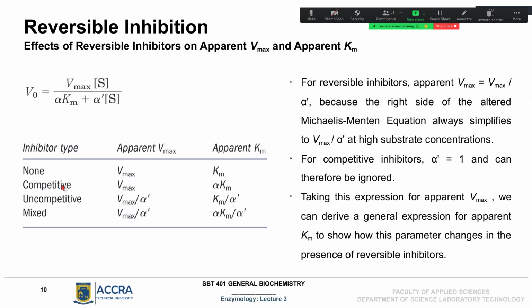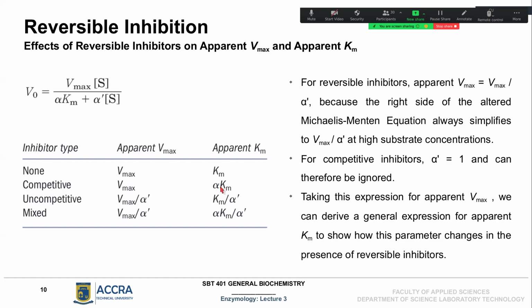In competitive inhibition, we said the maximum rate of the reaction is not affected, but the concentration of the substrate which is needed to reach half of the maximum rate of the reaction